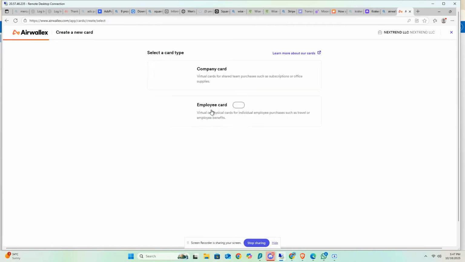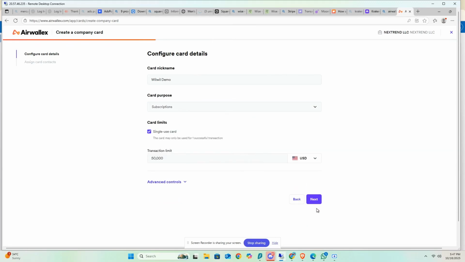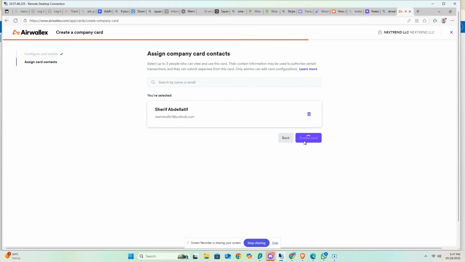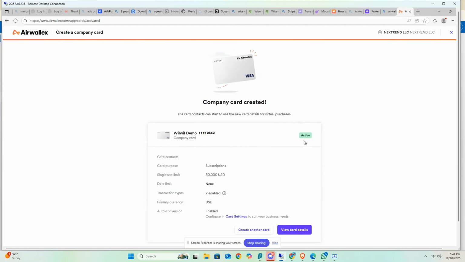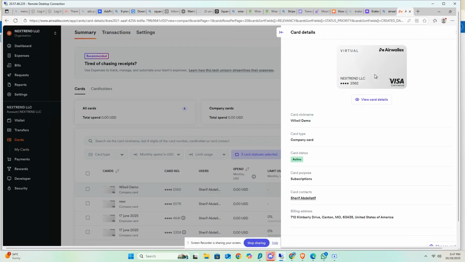Okay, so friends, one of the basic features and one of the favorite features of this account is that we can create unlimited virtual credit cards. So I'm gonna create one and let me show you how it works. So here I am typing the nickname and let me choose the purpose of this card. Then I'm gonna type the amount here. If I wanna add a specific amount, I can just choose it. So here I will click on create card. Let's see what happens. And as you can see guys, my card has been created